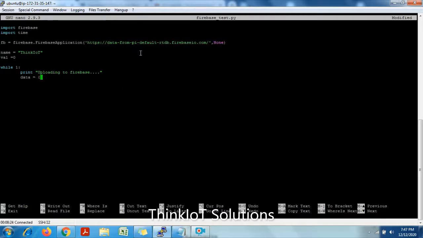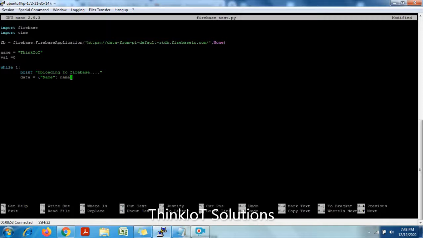So basically it will be indexed as the name of the field. First, after the curly brace starting, we need to provide the name of the field here. So let's say my field name is capital N, name. Okay, close the braces, then give a colon here, followed with name. This name is nothing but I have already stored Think IoT, so I am passing Think IoT here.